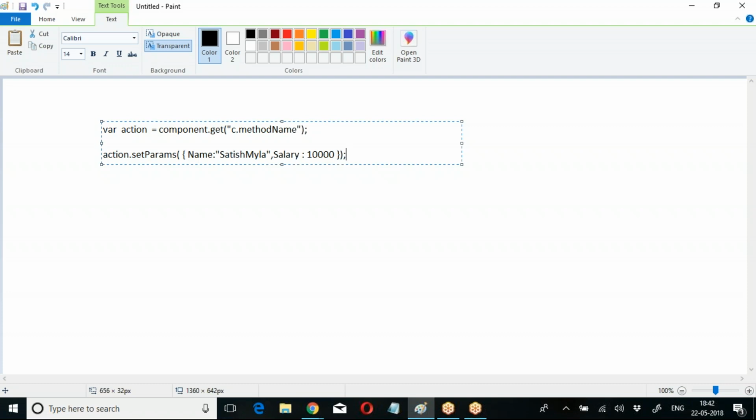Are you getting my point? The remaining operation is the same. If you are trying to call a method, then action dot set params, name, salary. I hope you are clear with this. We'll see the execution part in the